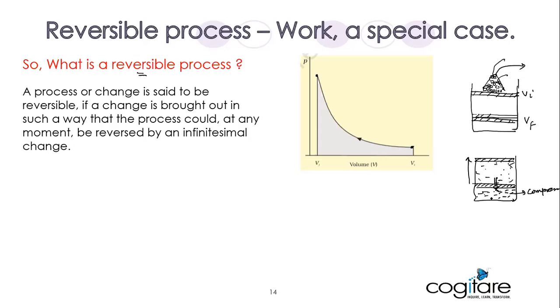So do you think that kind of explosive change in the volume can be considered a reversible process? The answer is no, it cannot be. But in thermodynamics, we visualize: is there such a process which can happen theoretically, where I take it incredibly slowly, infinitesimally slowly, and allow equilibrium to be established at every step? Is such a process possible? We say, yes, theoretically it is possible. Such a theoretical process is called a reversible process. All right,